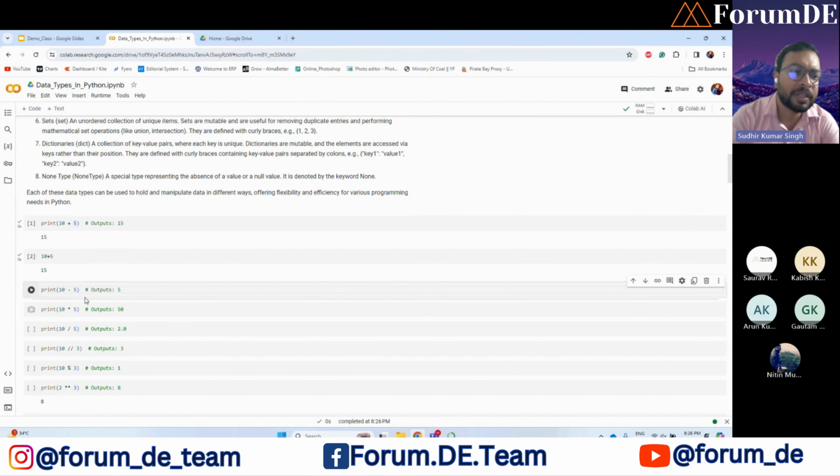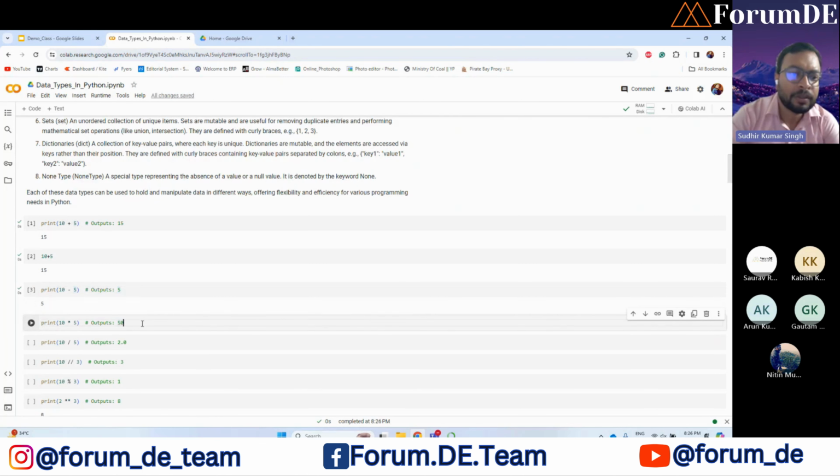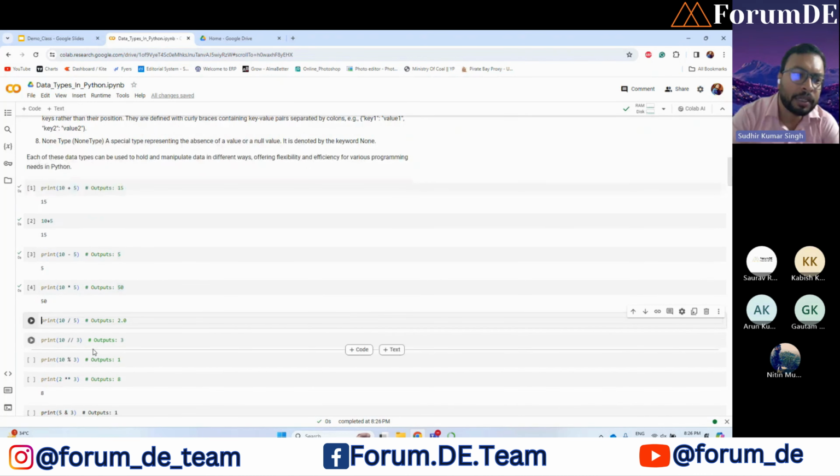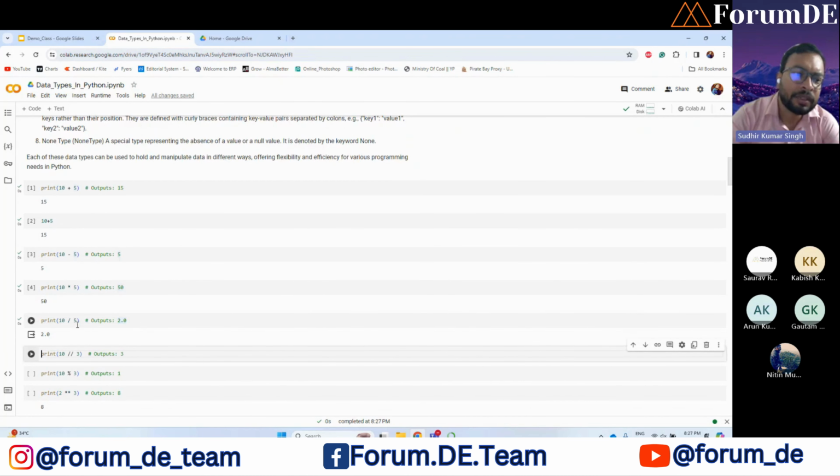Similarly, this is addition. We can perform subtraction like 10 minus 5. Then for multiplication, there is an asterisk sign in Python. And this is a simple division, like 10 divided by 5 gives 2. Similarly, we can go for 10 divided by 3 and we will get the exact value in decimals. But the operator next we have is the double slash, which is floor division.